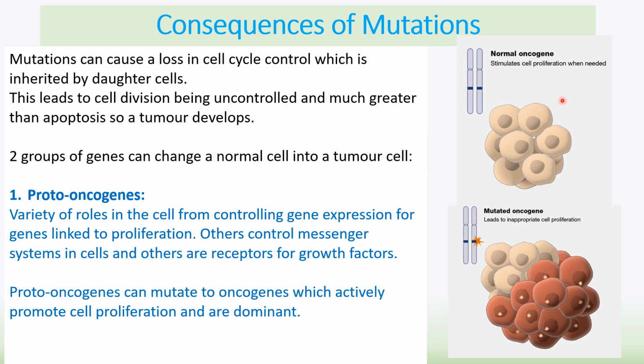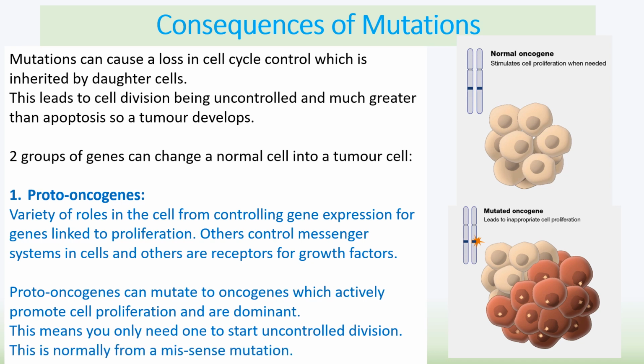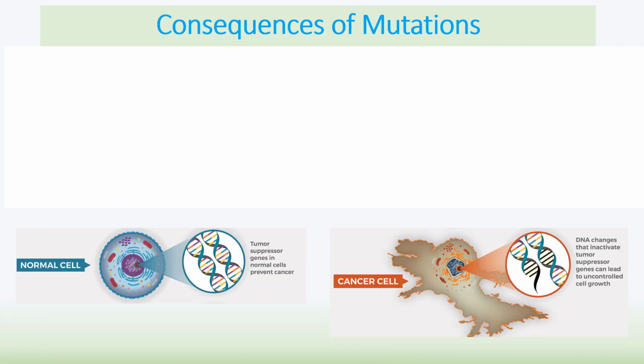So we start off with a proto-oncogene, which is the healthy version, and then a mutated version leads to increased cell proliferation. This means you only need one to start uncontrolled division, and that can just keep growing into new cells exponentially. And normally it's from a missense mutation, so where the wrong amino acid is being